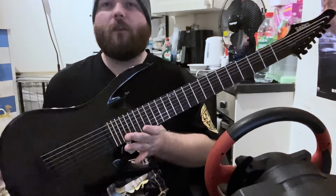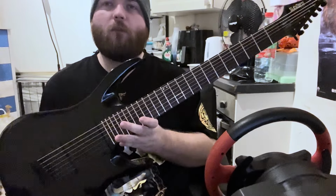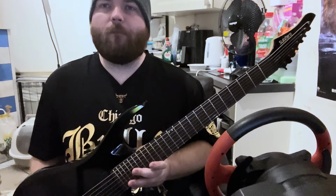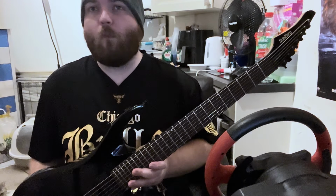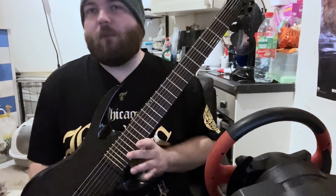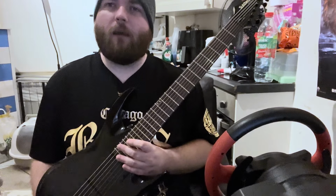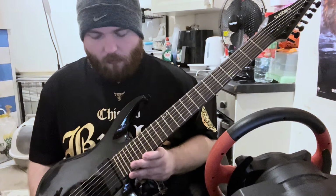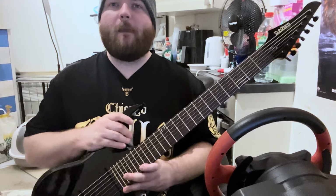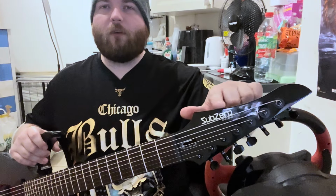So this guitar, I believe, might be the cheapest 27-inch 7-string you can buy in the UK, or maybe even in wider areas, because I know Harley Benton does a multi-scale guitar, but I think that's more expensive. So I think that would take the title of being the cheapest one that you can get. So there's a couple of different versions. Obviously, the Subzero version,